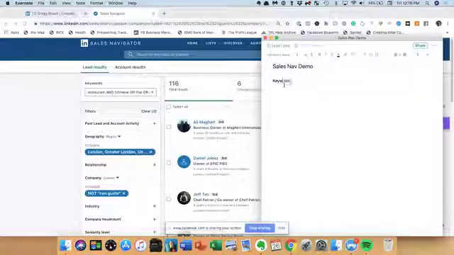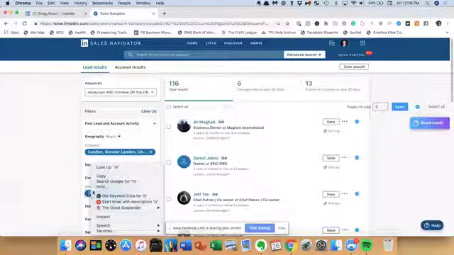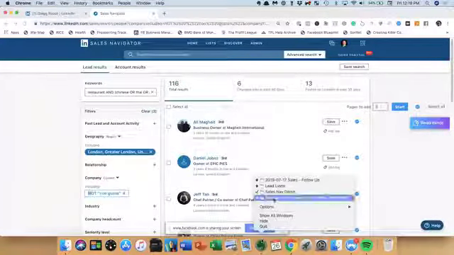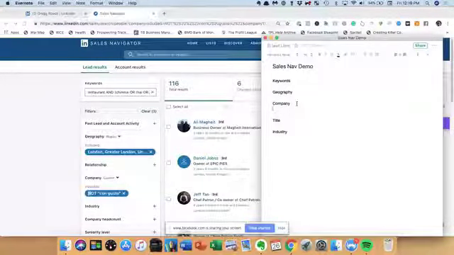So keywords, geography, company, title, industry, whatever. And then you can actually copy these things just so you don't have to write them out all the time, because that can be laborious as you're figuring out what search criteria you want to actually use. Especially when it comes to your nots, so not con gusto,